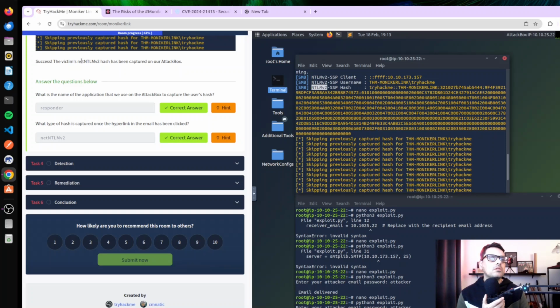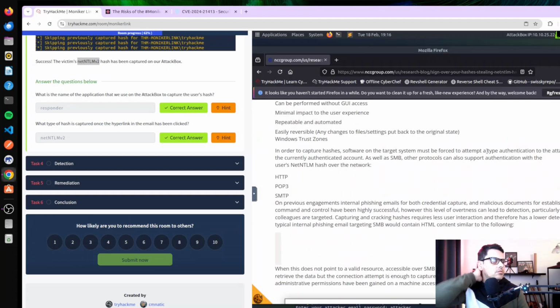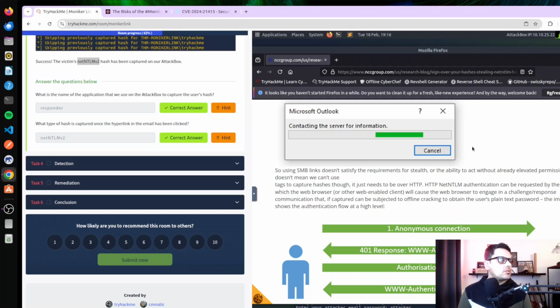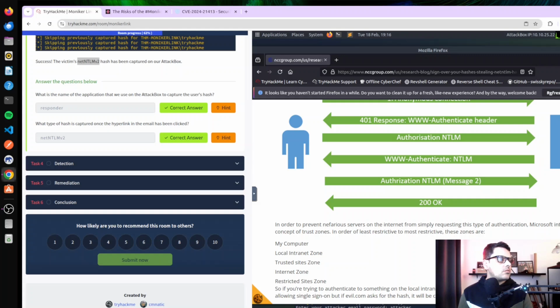Where are we? Bear with me because I'm new to all of this. Just in order to capture hashes. Okay, misconnection. Right.